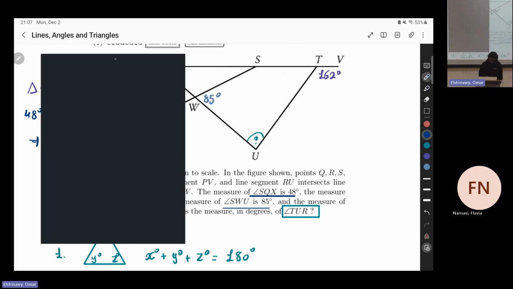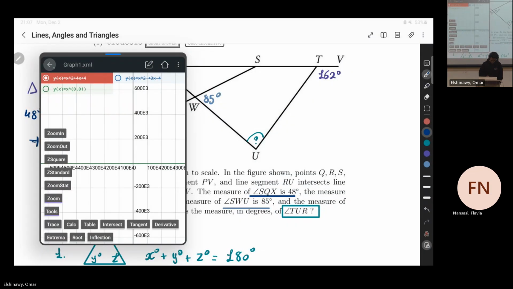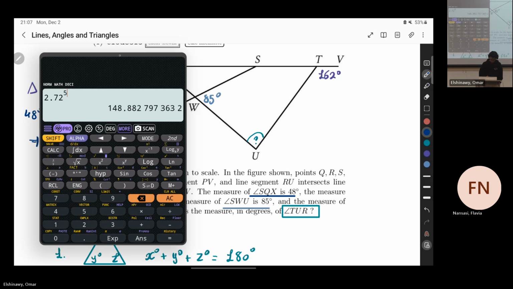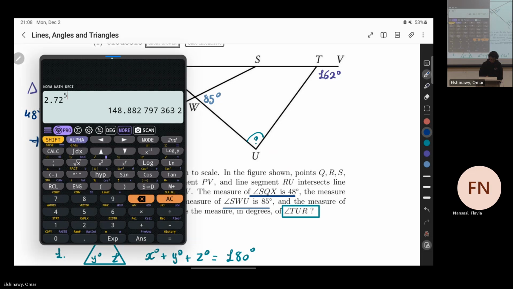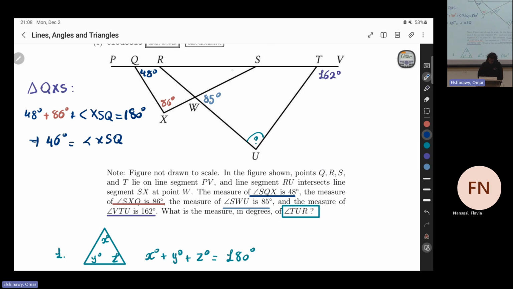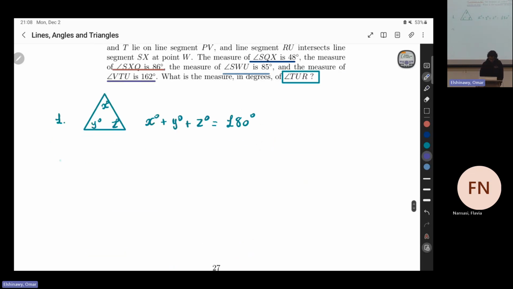Let's also check. So we move the equations, and then 180 minus 48 minus 86. Yes, it is 46. That's good. I have one more piece of info. Still, I'm not there yet. Okay, well, that's fine. Because if you know the second fact,